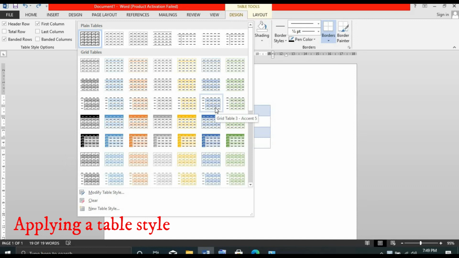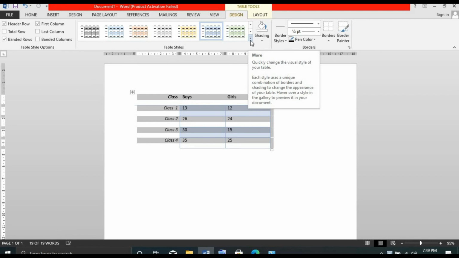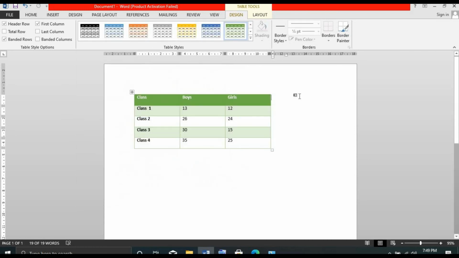Select the design that you like. Okay, now the design has changed. If you want to change it again, click on the arrow in the table styles, then change the design. Okay, hope you have understood.